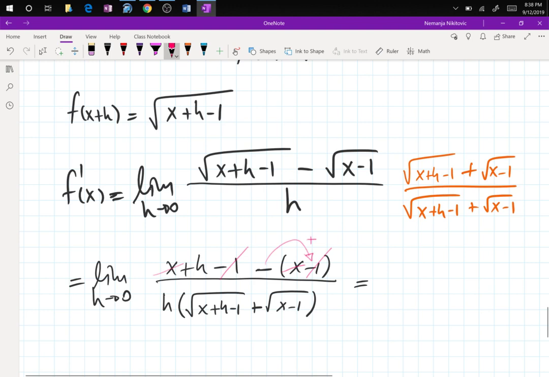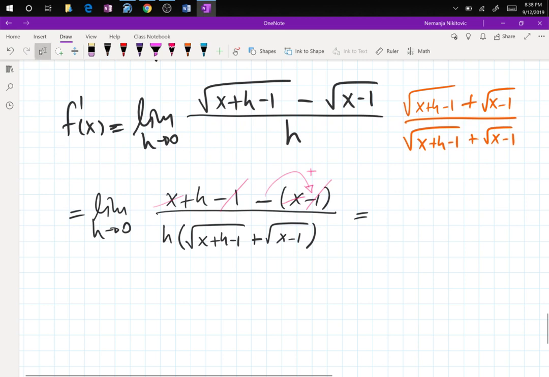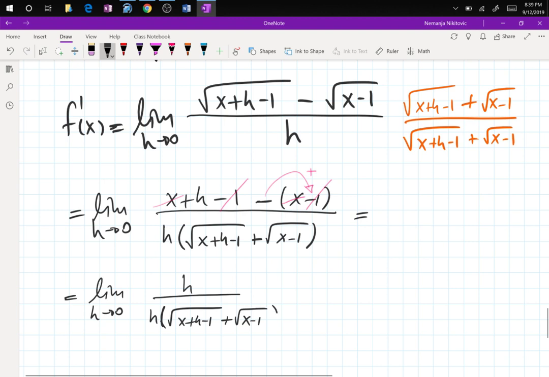So everything is canceled there, and you are getting the limit as h goes to 0 of h divided by h times the square root of x plus h minus 1 plus square root of x minus 1. Cancel the h,